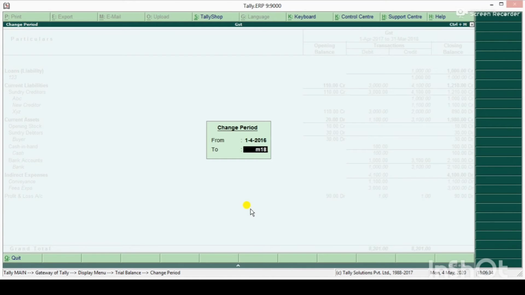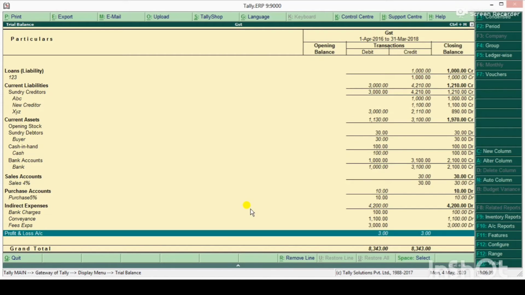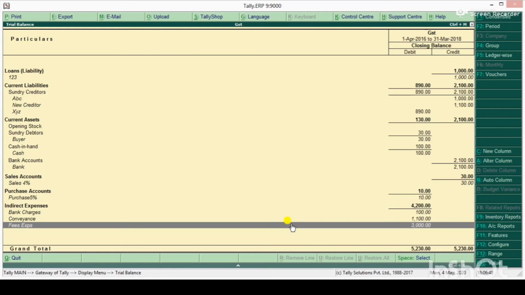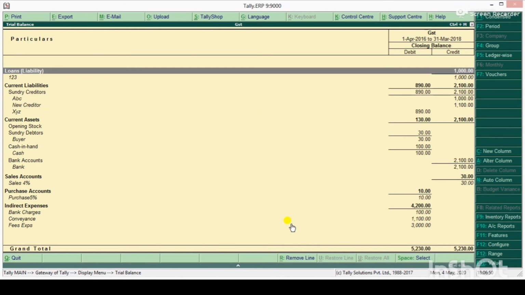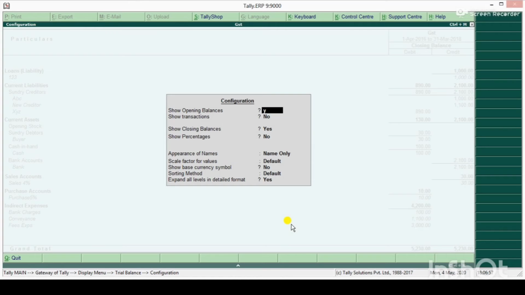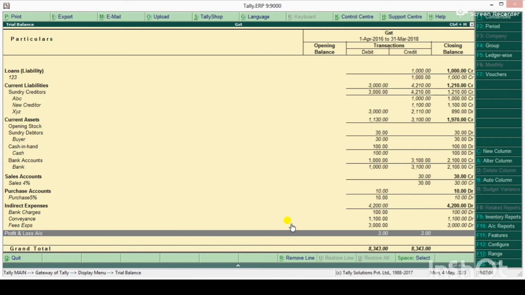16 to March 18. For example, here we have profit and loss, 3 debit, 3 credit and closing is nil. So if I simply see this report without opening and closing, then I will not find that profit and loss item over here, because it is created and closed during the year. So to check the number of transactions which all occurred during the year, we have to press yes and Control A to select other defaults, so we can check this transaction which has occurred and closed during the year.